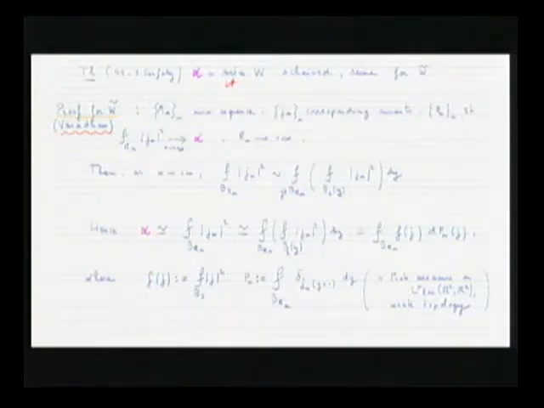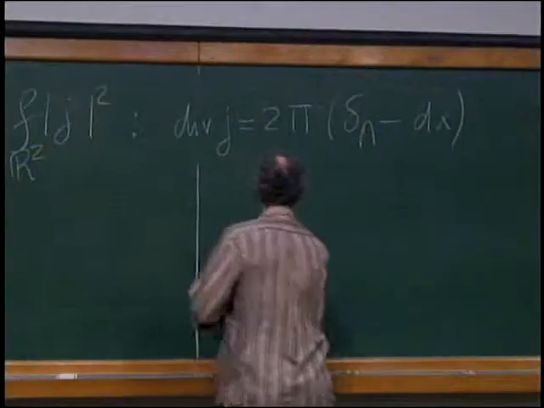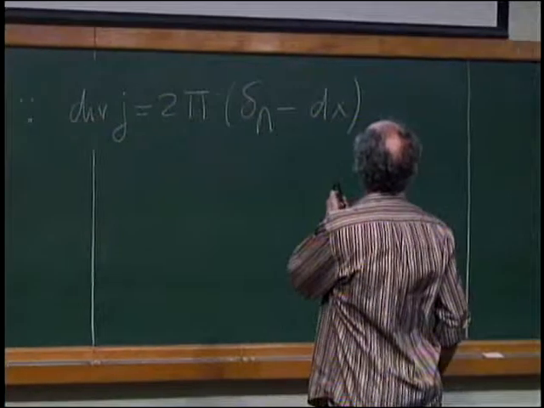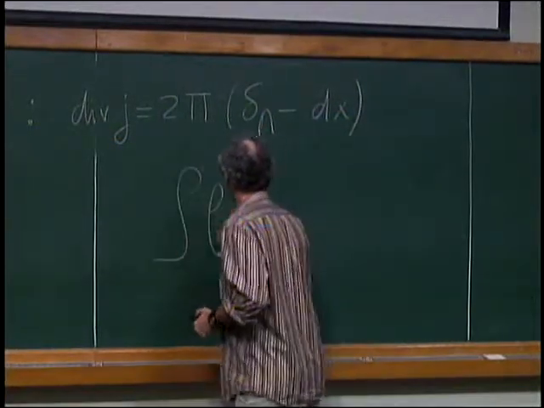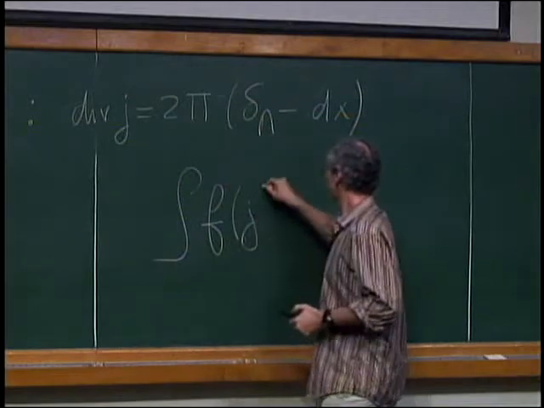That's a mistake. I shouldn't have put that here. Always mistakes. So what you should read here, I will write here. So it's the integral of f of j